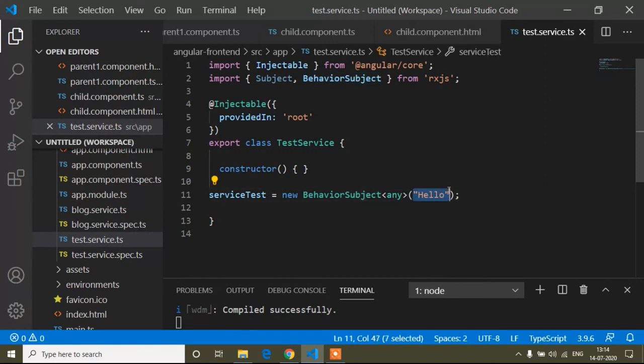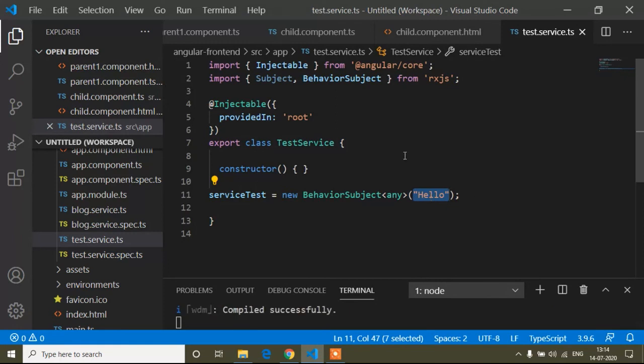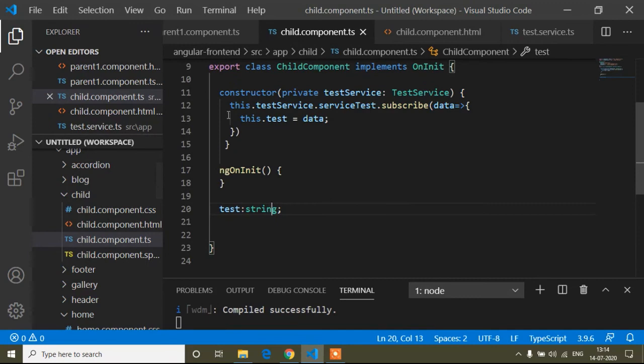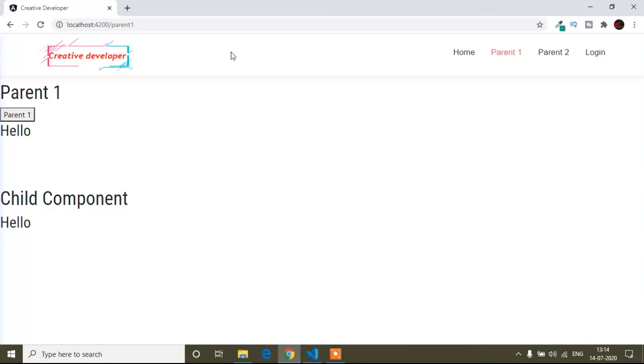So this is the difference, and both are otherwise the same. I just pass the value in our BehaviorSubject instead of this test variable, and here you can see I removed it. So now all the things are the same. If I click, you can see it changes the value immediately. So that's the Subject and BehaviorSubject of Angular.